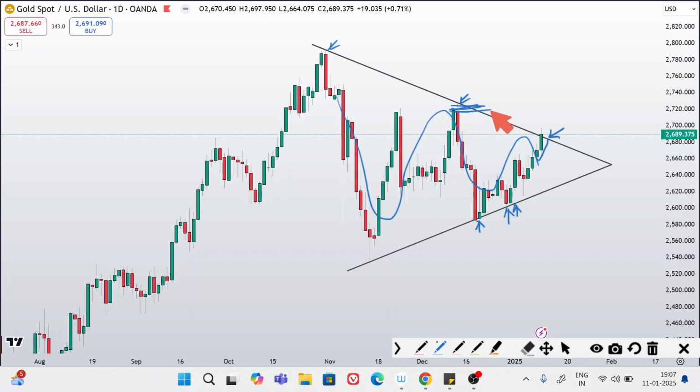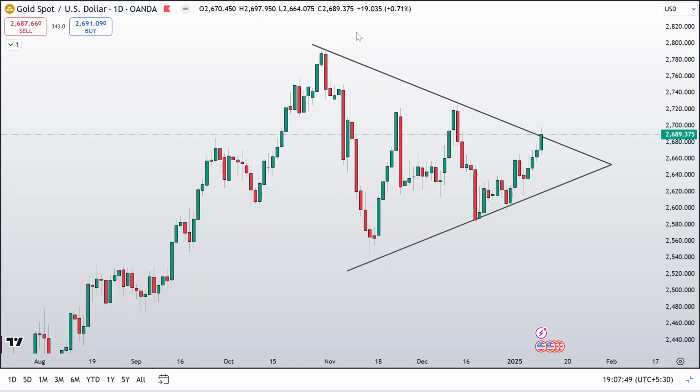Again, the resistance is of course at this level, but if price stays above this level, then I think we are not going to look for any lower level, and we are ready to move into the higher side only after confirmation from this breakout. But yes, as the price is closed just right onto the trend line, a pullback is possible on the daily time frame, and on a pullback we have to wait for the lower levels to get confirmation. And what are those lower levels that we have to watch? Let me show you on the 4-hour time frame.